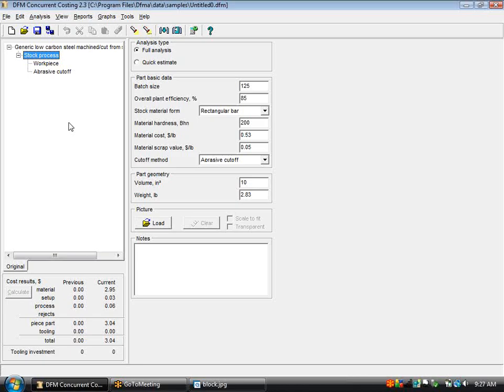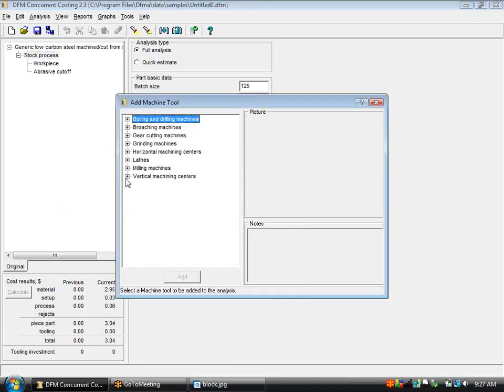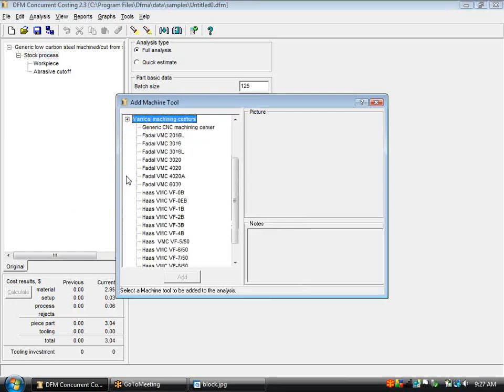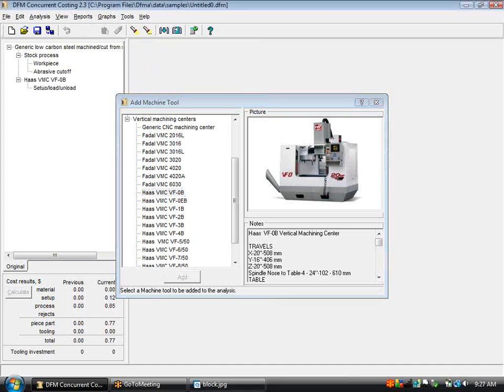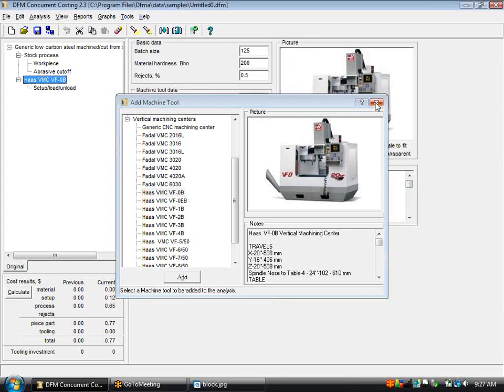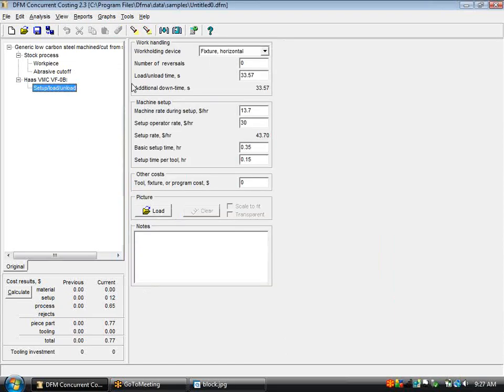And now I need to add the machine tools on which I'm going to do the machining operations. So I right-click here on the process tree. I choose Insert Machine Tool Setup. And the first thing I'm going to do is put this thing on a vertical machining center. I'm going to pick this Haas machine here and select Add. It transfers that machine's data onto the tree for me. I can close the library window. And now I can go about changing the